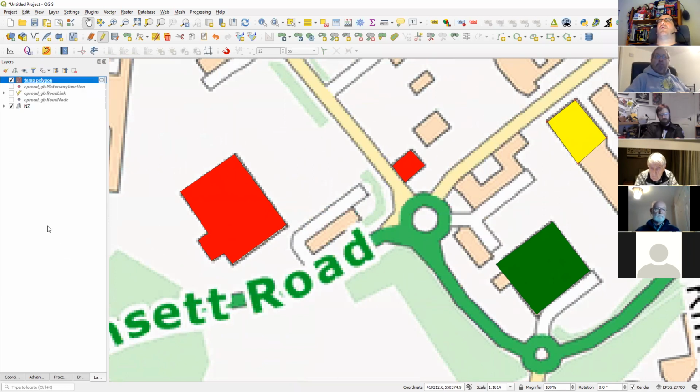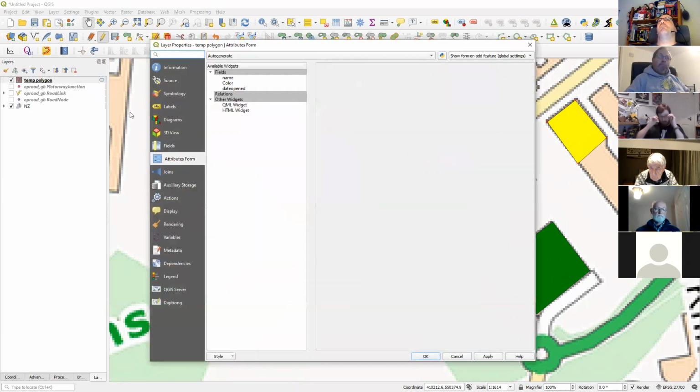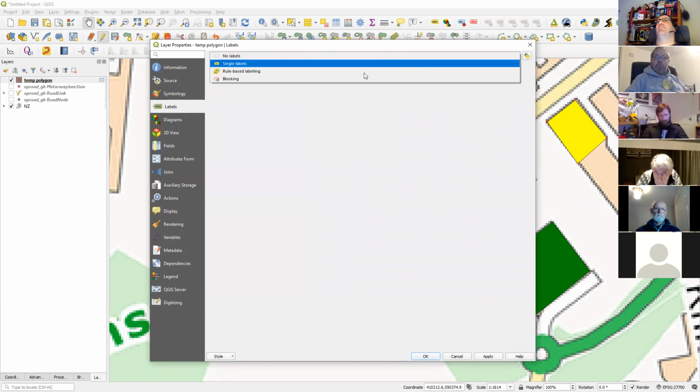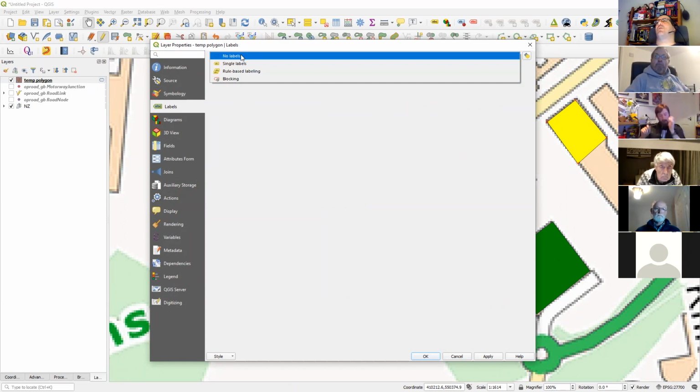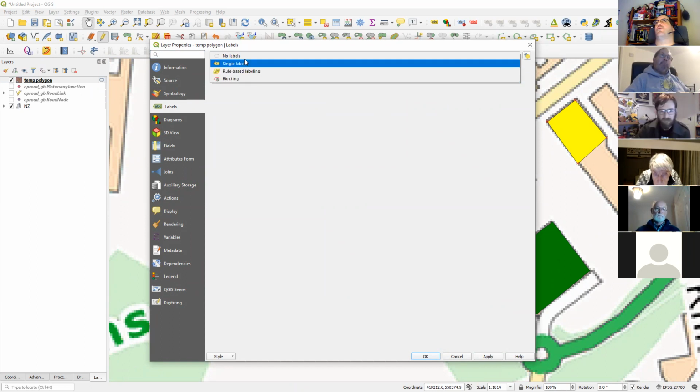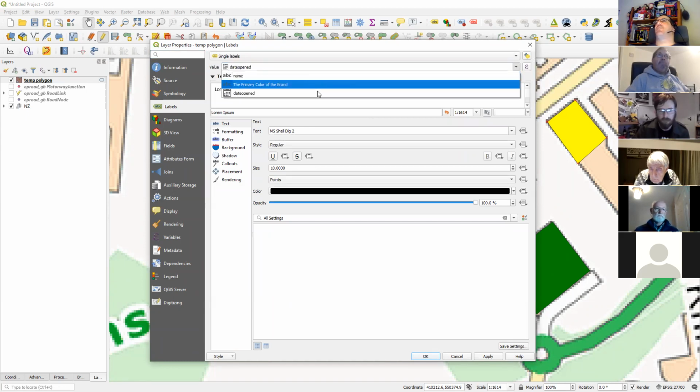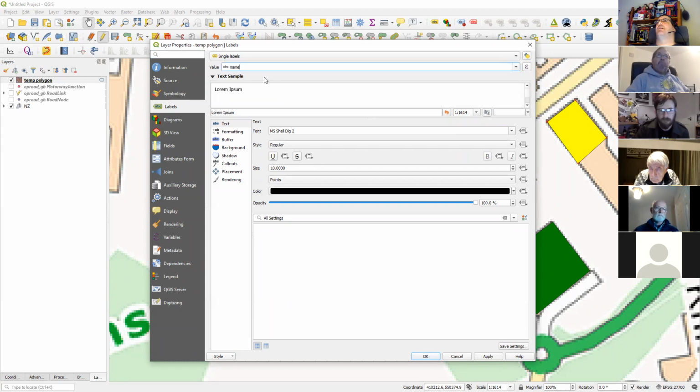If we go back into our properties for the layer and up to our labels section, you'll see at the moment it's got no labels on it. But again, as with the single and the categorized stuff that we showed on the symbology tab, you can pick rule-based, you can pick single labels. And if we pick single labels, we can again get this box, get this drop down. If we pick name,